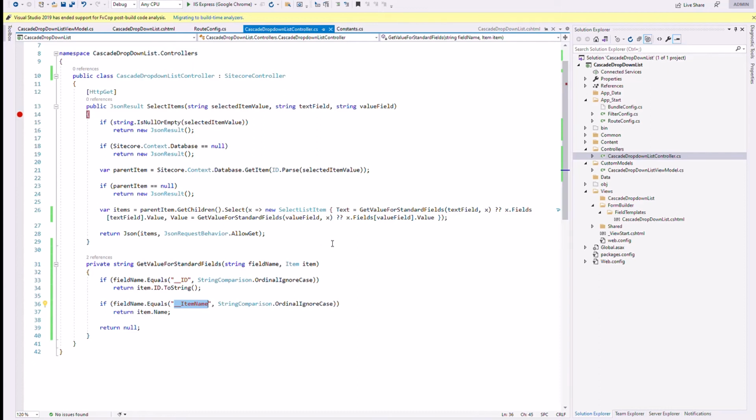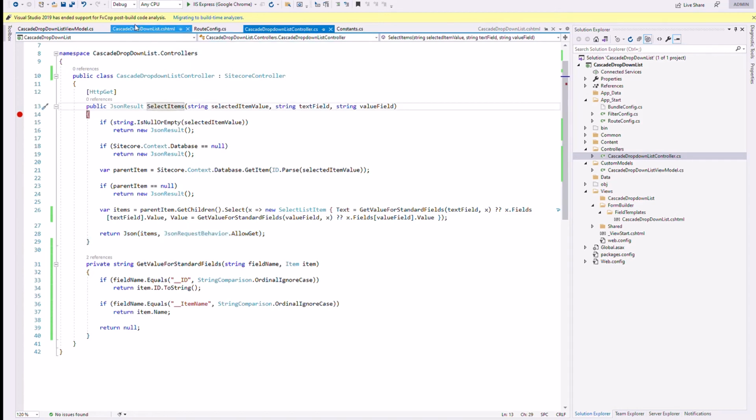So if we have India, this function will retrieve all the children of India. I will show you in the Sitecore what kind of structure I have created for that. If I pass India, it will retrieve the children of India. You can see the children items are the states of India. You will get the children, and it will create a JSON result for them and pass that JSON result to the AJAX request.